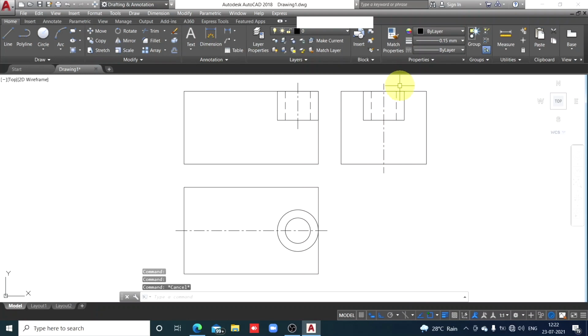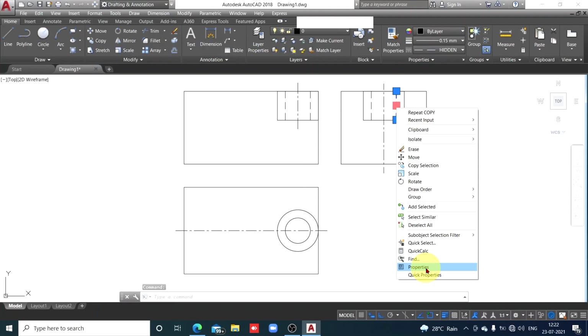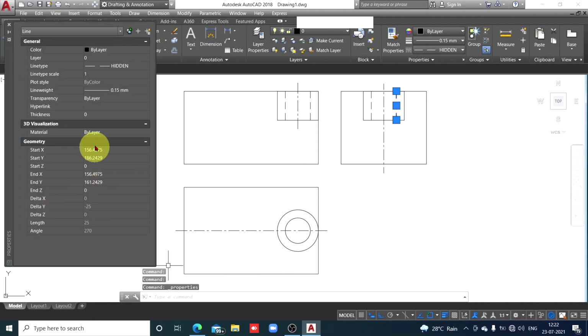I think the dashes, for this diagram, the length of these dashes is more than required. So I'll change the properties of this line. So select it, right click, click on properties, and here I'll make it 0.5, enter.